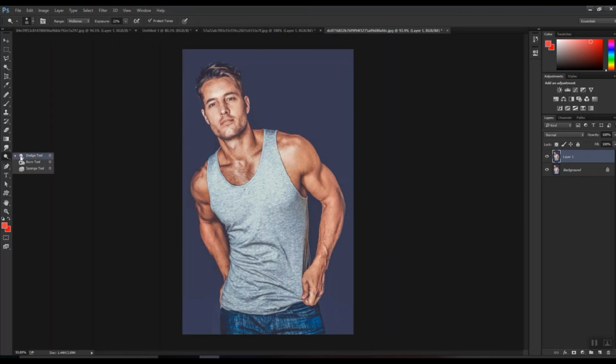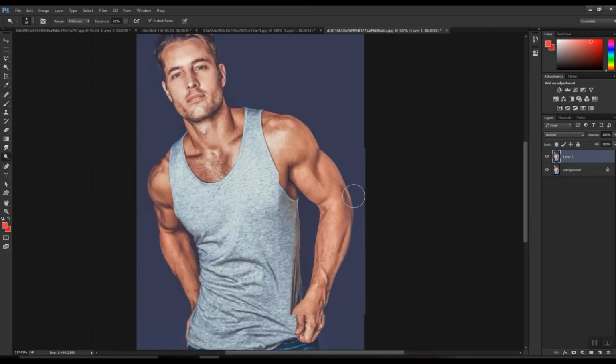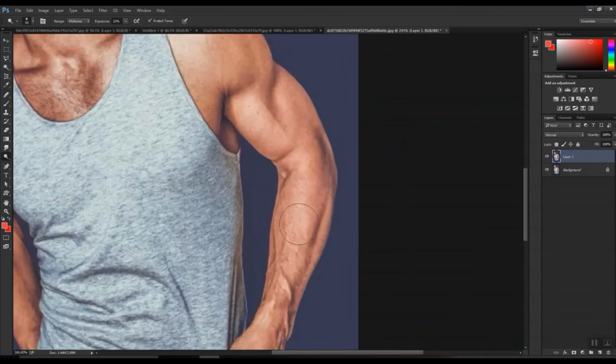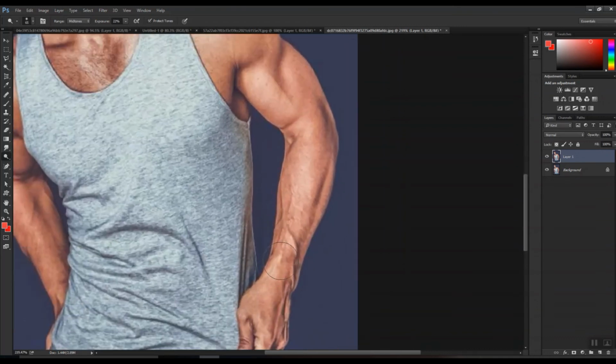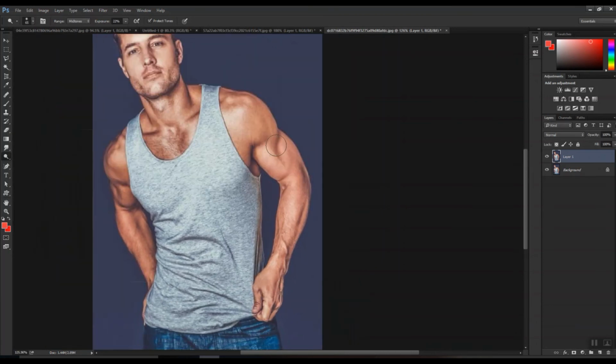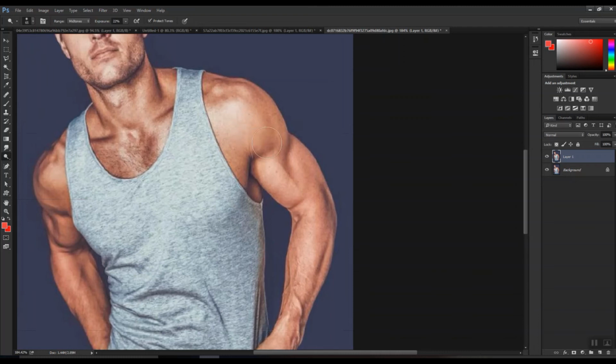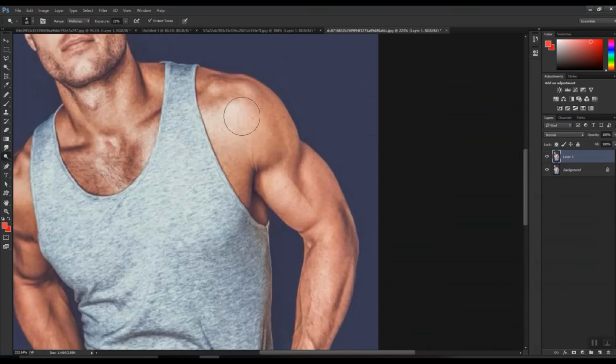Let's start with the dodge tool. Now as you can see in this particular image, let's say I want to highlight this particular area a little bit more. So all you need to do is select the tool, simply click and drag your mouse. I'm hoping you can see the highlights which I'm creating. See, the difference will be very minor because we can't make it too bright because it will not look realistic. So you need to carefully do each and everything. You need to invest a lot of time in these images for a good result.